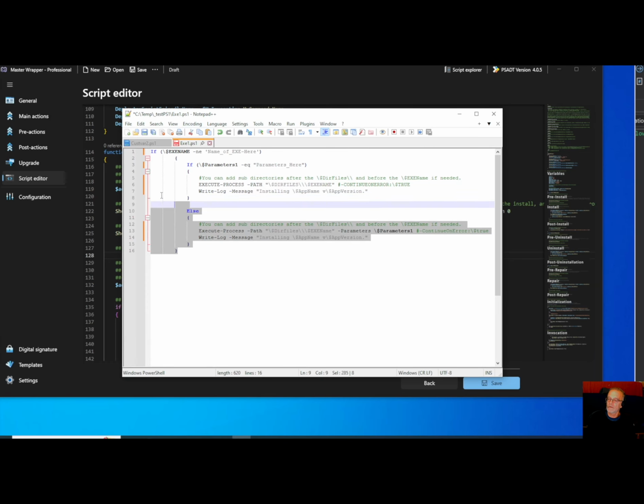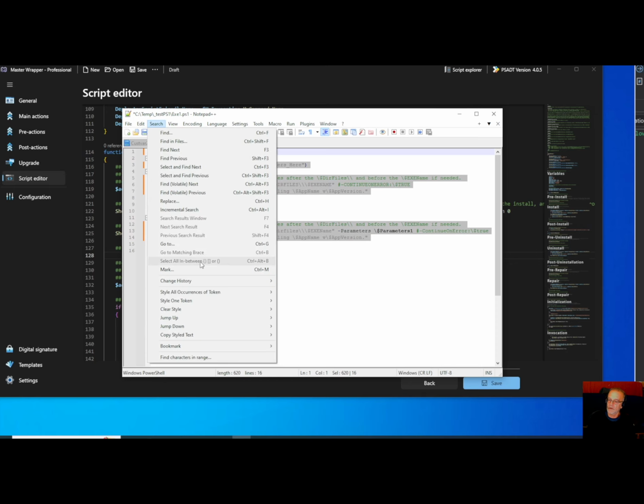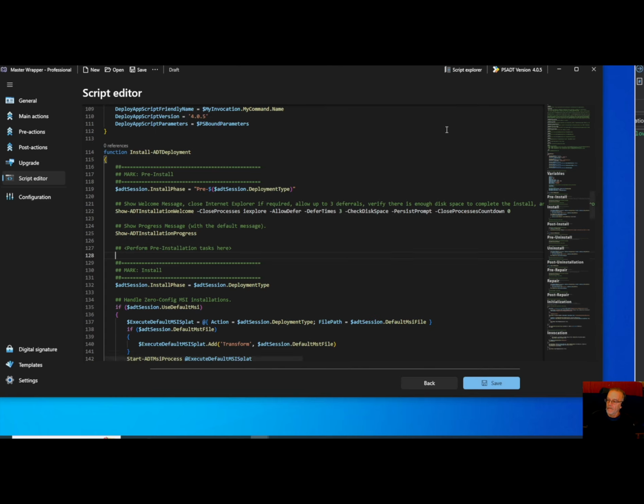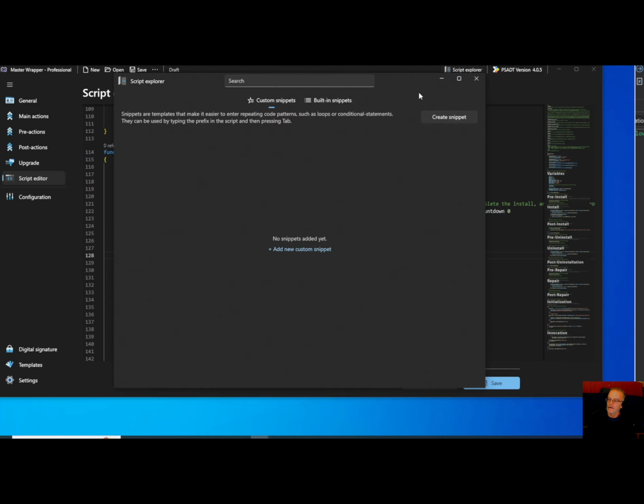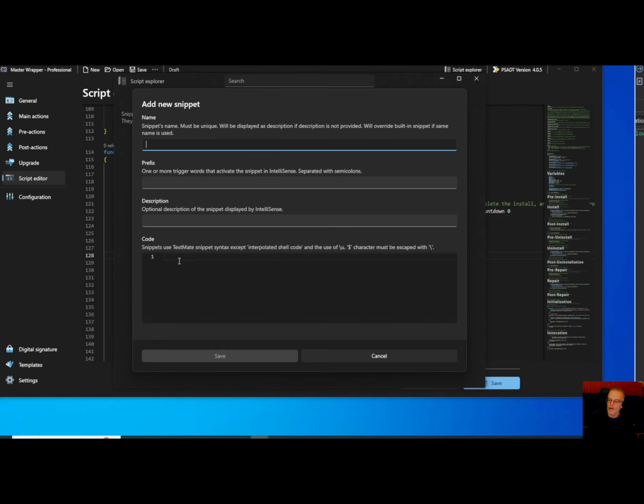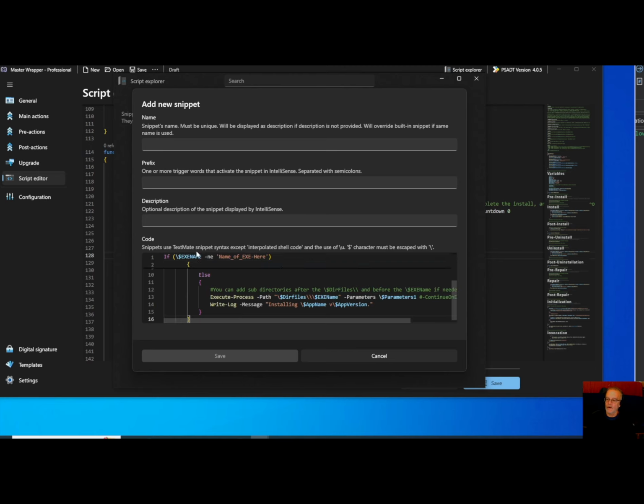Let's paste this code in. I'm copying it because I've already edited every bit of the code through the search and replace. So to get to the Snippet Explorer or editor, you would go to Script Explorer at the very top right, and you'll see create snippet. So we don't have snippets yet, so we'll create one. I'm going to paste this code in at the bottom,